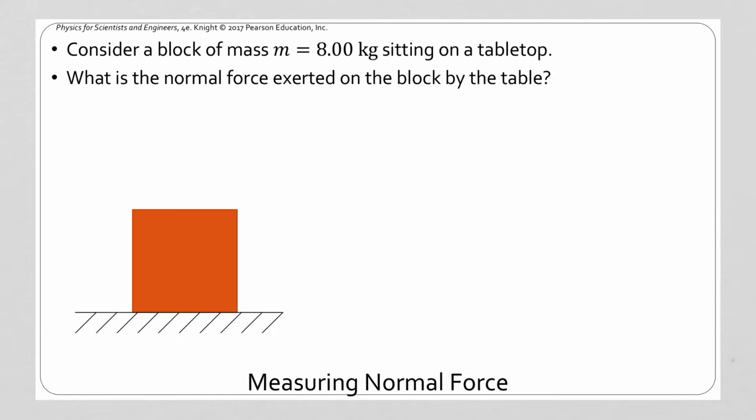We can find normal force indirectly by looking at the other forces that are acting in a system. We can't find normal force directly. It doesn't have its own equation. If we want to find the normal force exerted on a block by the table, we're trying to find a